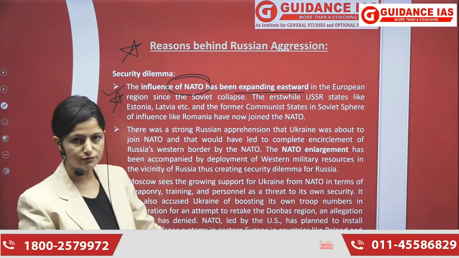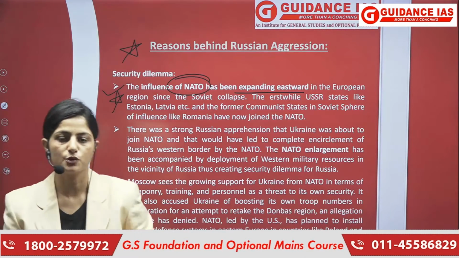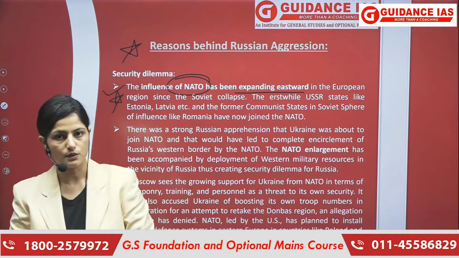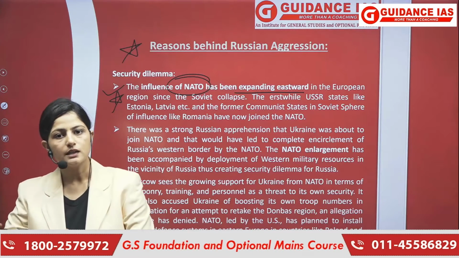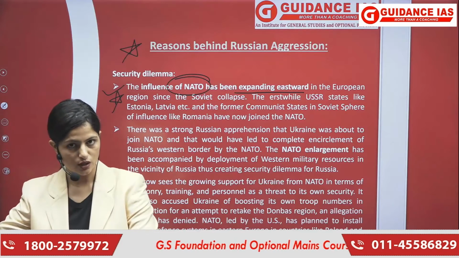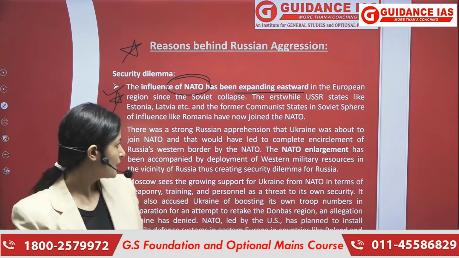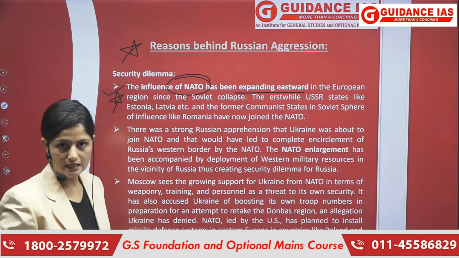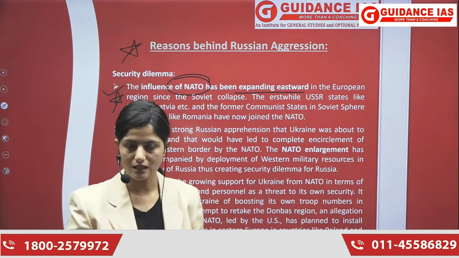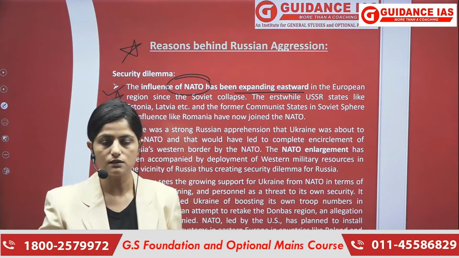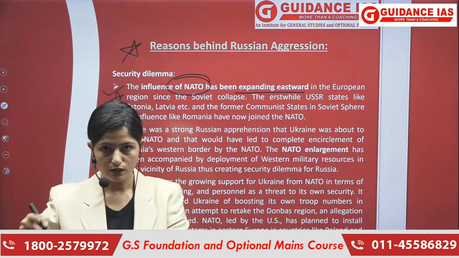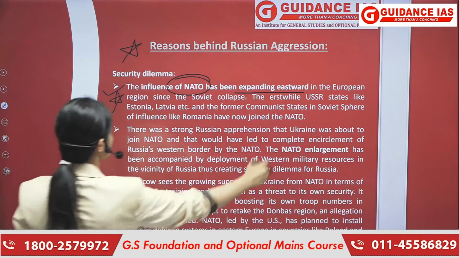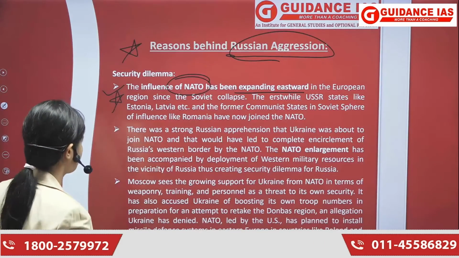Behind the whole story, there lies a broken promise. When the Cold War ended, Americans promised Russians that they wouldn't be expanding eastwards, towards Russia, but it has clearly been broken. That is one of the reasons Russia is behaving aggressively, because the Americans broke this promise. They promised that they wouldn't be coming towards the eastern borders or towards Russia, but they're doing so. This is one of the major reasons behind Russian aggression.